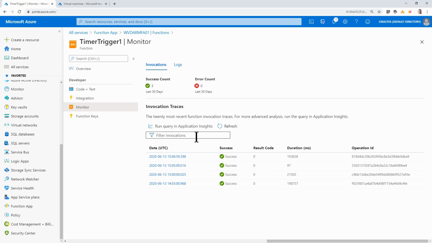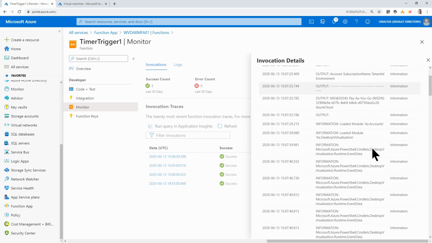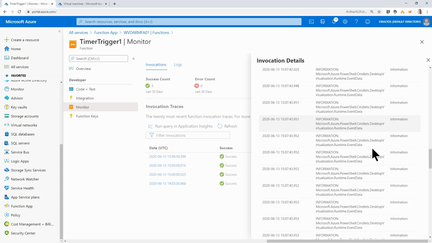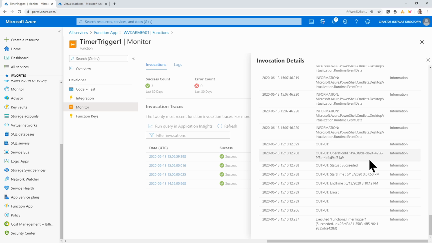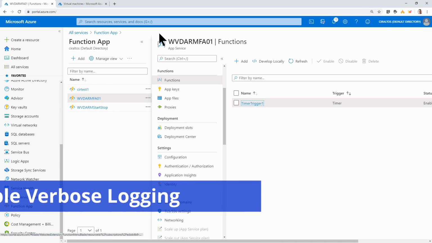Here it is, and that did take a few minutes to show up, but this is the new log, and we can see we have some information coming through, some outputs, other information, a lot of information, and then more outputs. So I don't have any of that verbose information, and that's what I really look for because that indicates what the script's doing. In order to view the verbose information, we have to go back to the function app